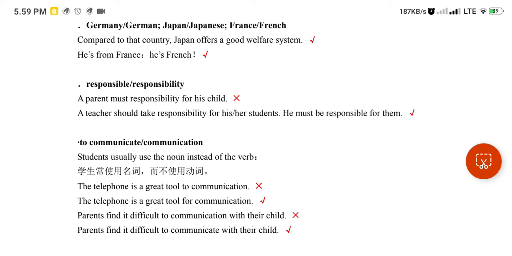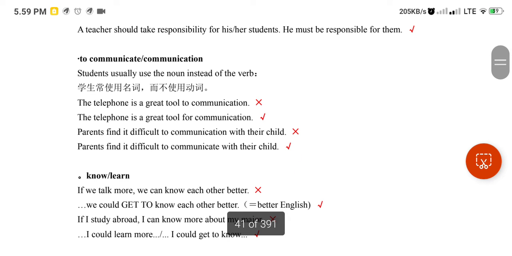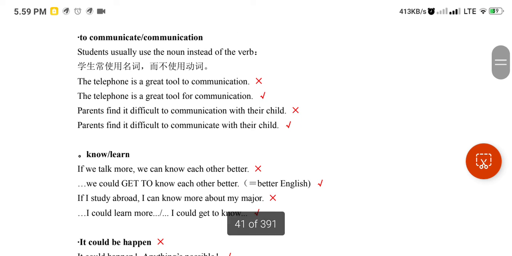Okay. Communication or communicate. Students usually use the noun instead of the verb. The telephone is a great tool communication. Telephone is a great tool for communication. For communication, not to communication. Parents find it difficult to communication with their child. Oh my goodness. There's some words I mispronounced. Sorry for that. If you are reluctant to stay watching this video, parents find it difficult to communicate with